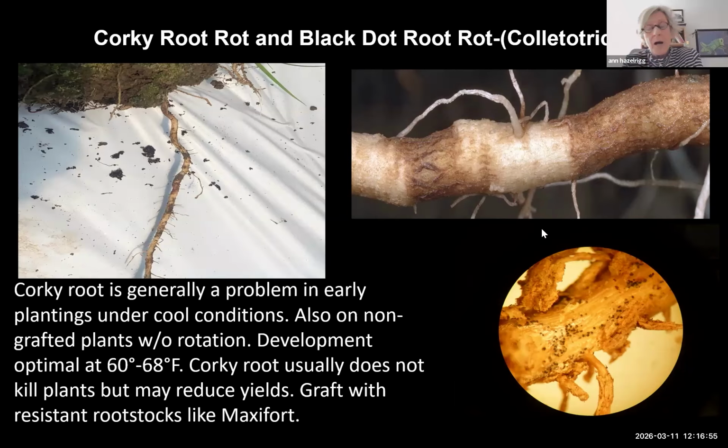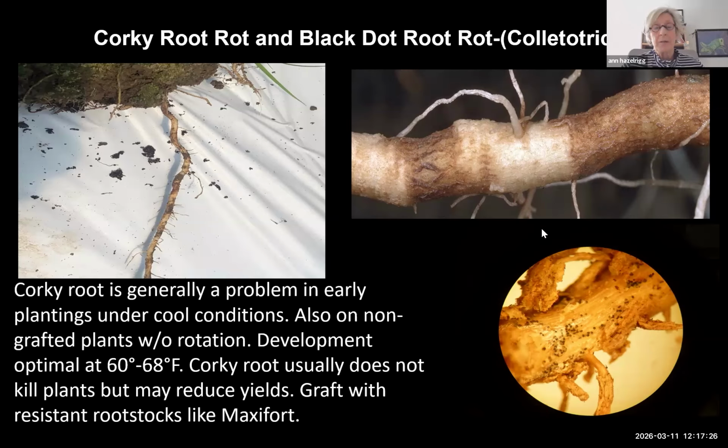I was out at Ohio State working on this disease with them last winter, and they have a real problem with it because a lot of the Amish growers don't typically graft tomatoes. So they're really trying to battle this root rot disease. So basically it causes those corky lesions on the root, and with the black dot, you can see the black fruiting bodies. But yeah, the way to avoid it is to use resistant